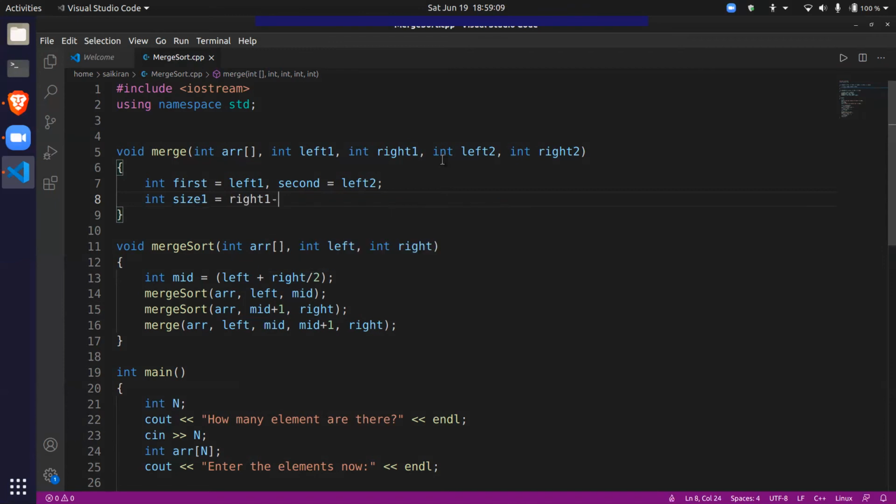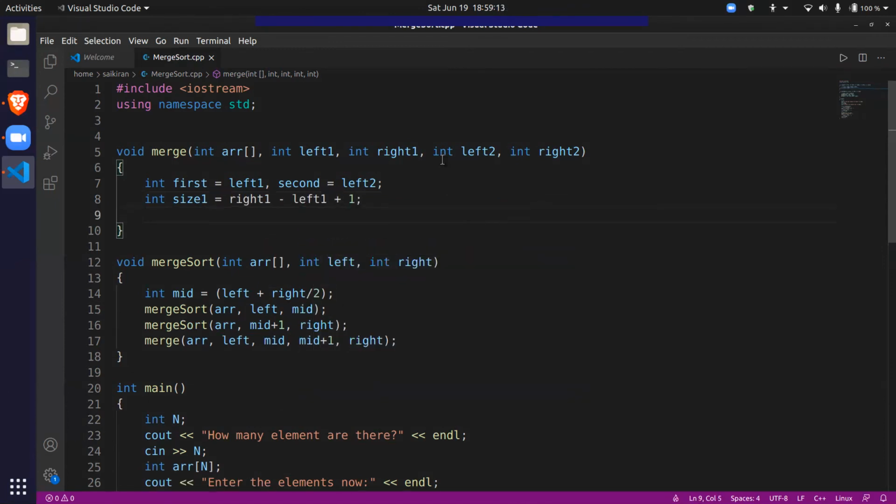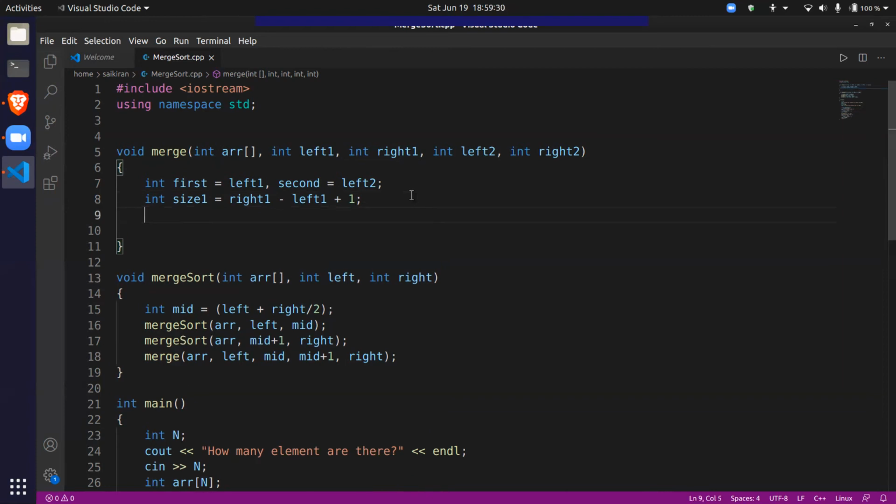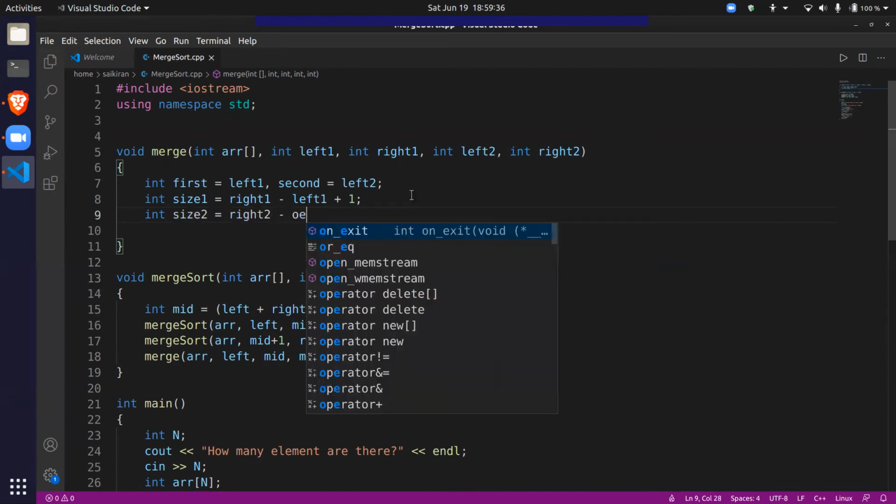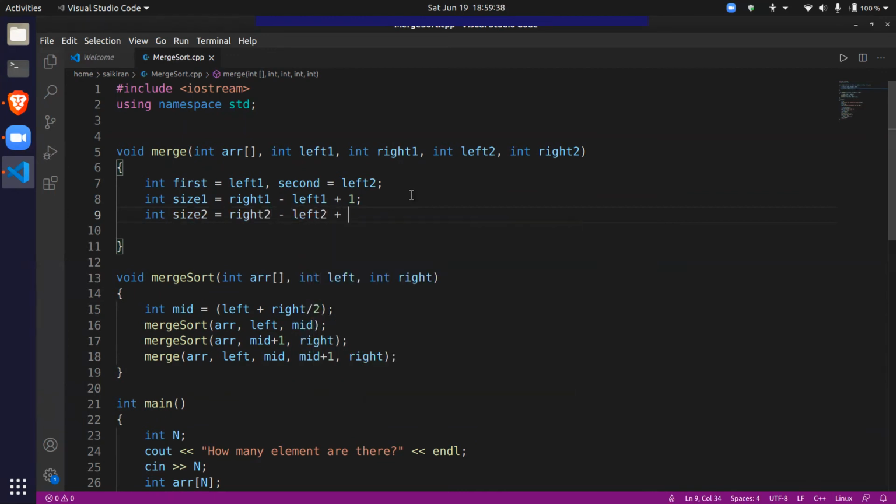Right 1 minus left 1 plus 1. This will give me the size of the left part. I'm adding plus 1 because if I just subtract right minus left, I'll have one element less. I want to also include the first element, right? So I'll just add 1. Similarly, the size of the second part will be right 2 minus left 2 plus 1.